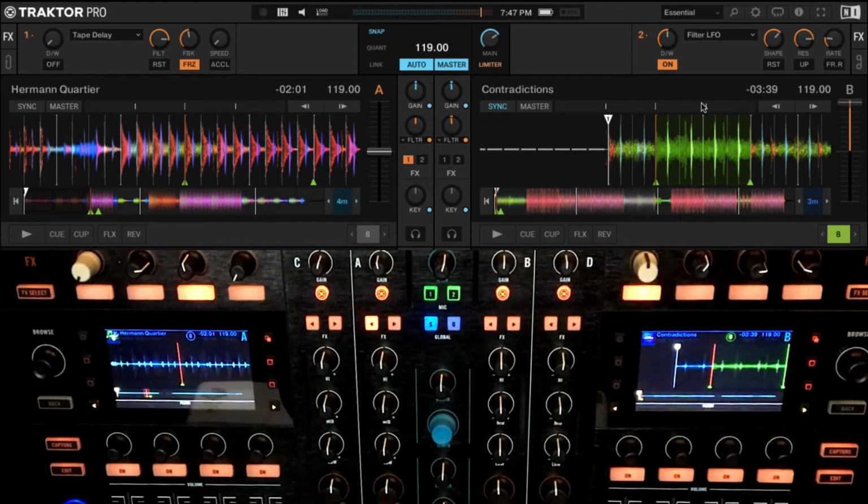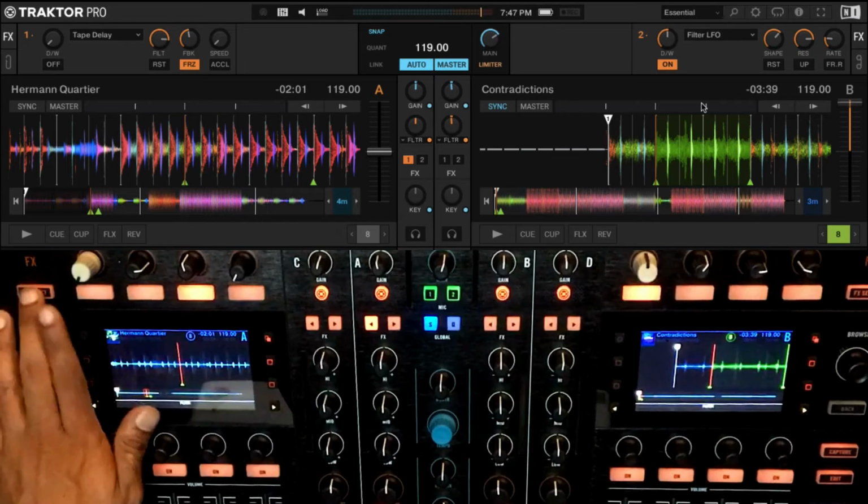The disadvantage in the tape delay is your delays are never going to be on time. They're always going to be off time. But that's basically a feature of this, because when you're in tape, it's very difficult to get accurate times. So that is the tape delay.